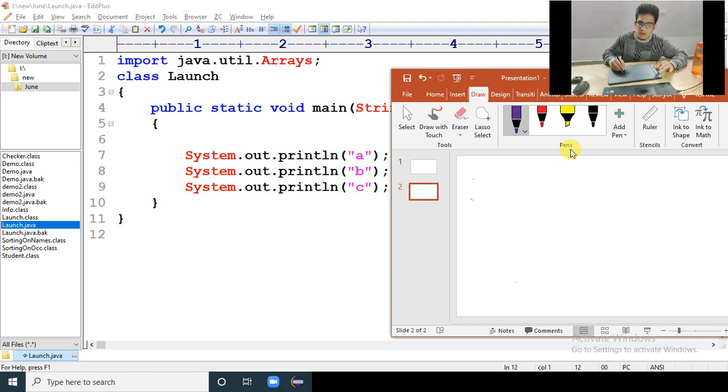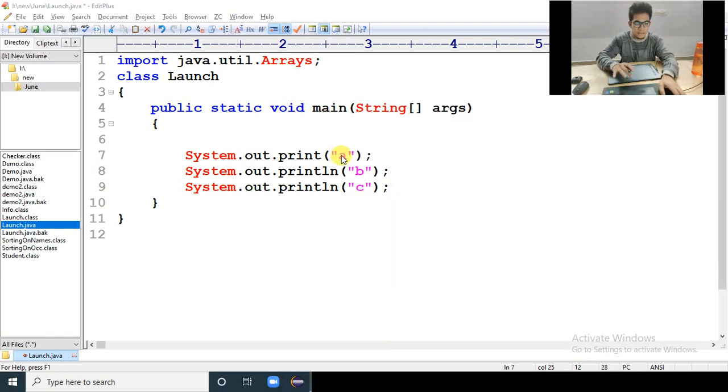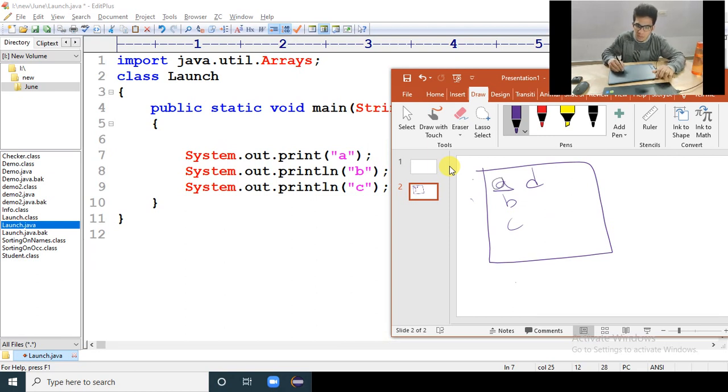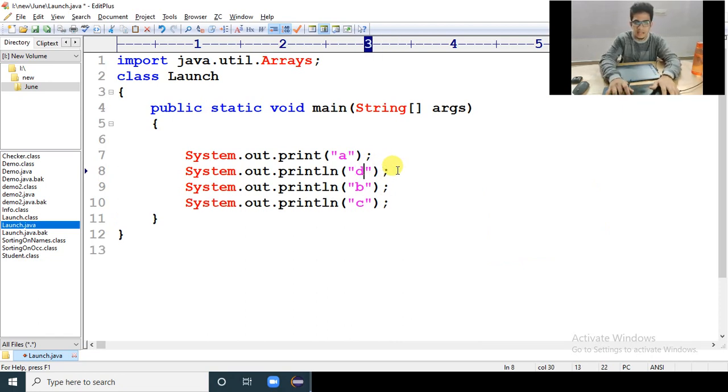So now you have understood. My expected output is something here. If my screen is like this, and your expected output is A, B, C, and D, you have to think: after printing A, do you want your cursor to move down or right? Right. That is why for printing A, you have to tell print A only. Why? Because as soon as you print A, the cursor will move to the right. When the cursor has moved to the right, you want to print D. After printing D, you want the cursor to come to a new line. So you have to tell println D.